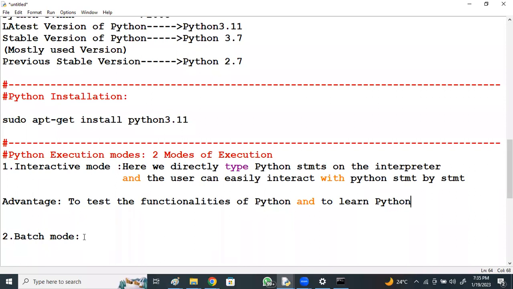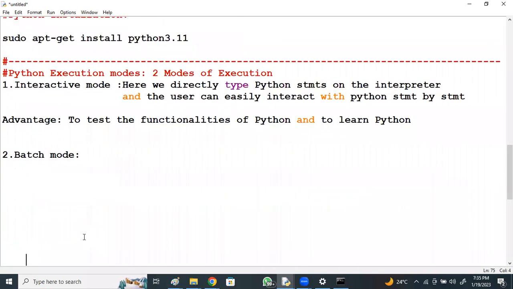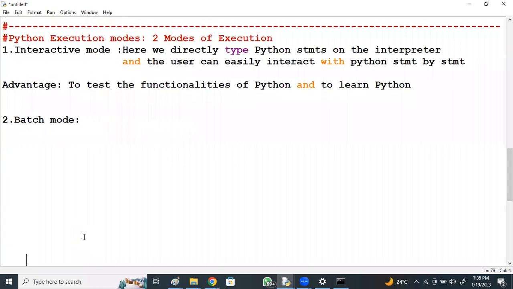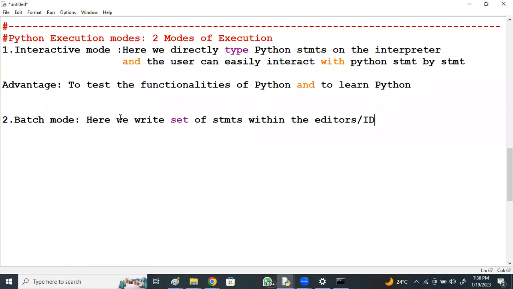Next is batch mode. Batch mode means, like other programming languages, a batch of statements, a set of statements, that we write and save with a .py extension. Here we write a set of statements within the editors or IDEs and save it as .py.